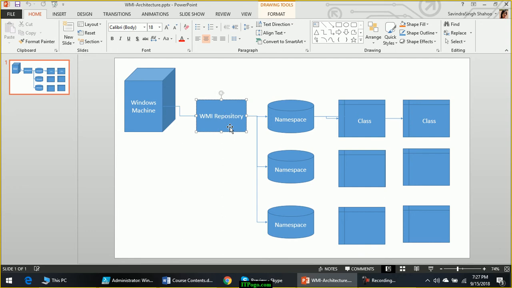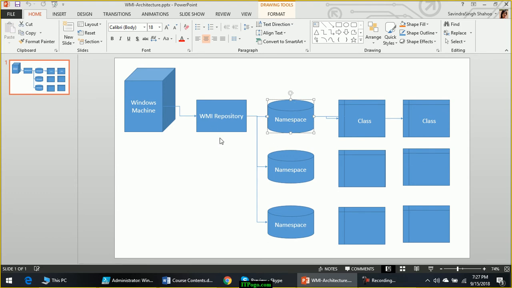That is the difference between a repository like WMI and a database. A database will have historical data which was stored at the time when information was fed into the database. But the only difference between a database and WMI is that WMI gives you real-time information. Now on a database server, there are multiple databases that you can create. There can be multiple databases on a database server.